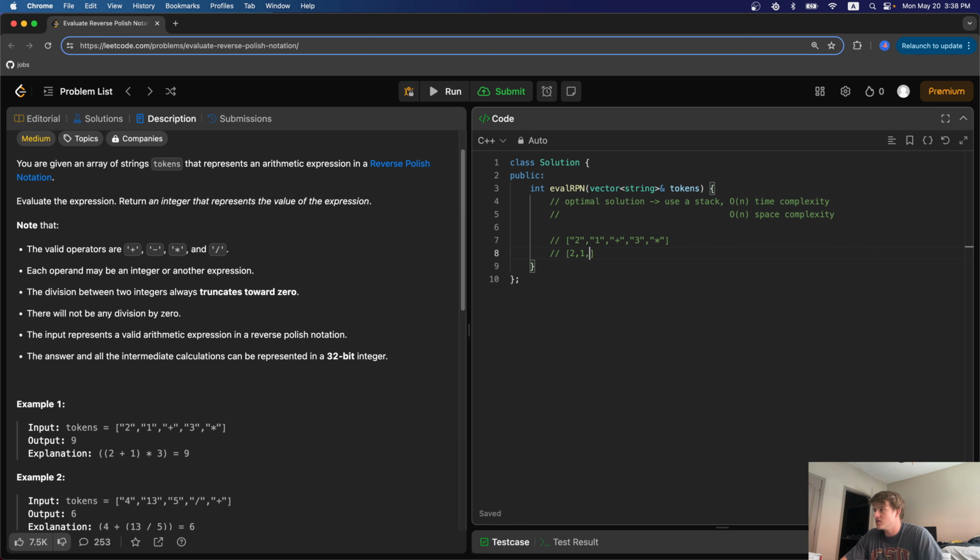You're going to pop the last two elements from the stack and then use the operator. So 2 and 1, we're going to pop those from the stack and add them together and then insert them back into the stack, and then we get 3. So we have 3, and now we're at this point, we see another 3, so we're going to add that